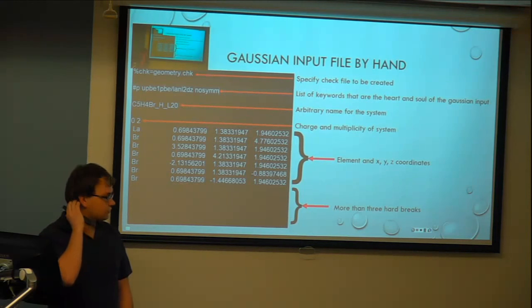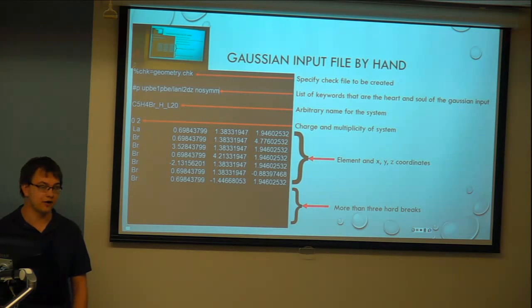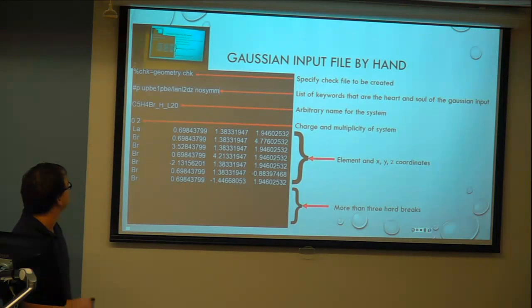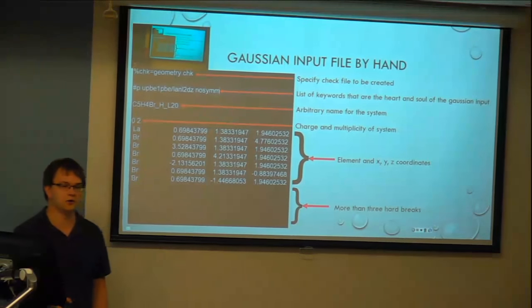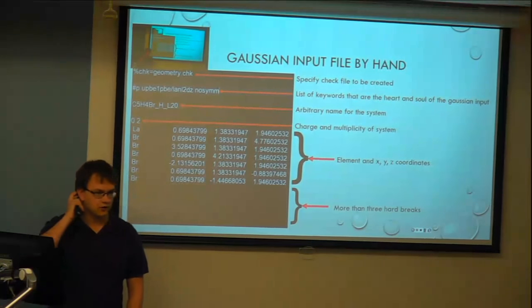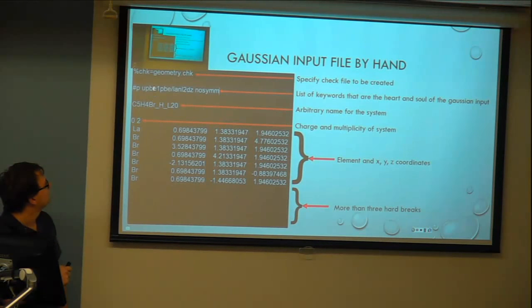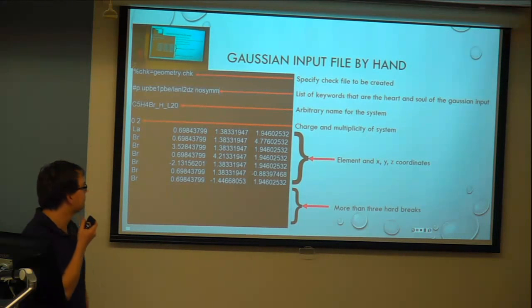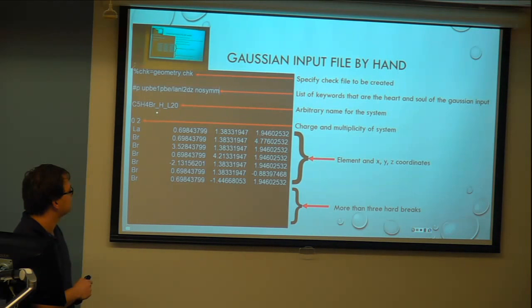So then I'm also in charge of telling you guys about how to create an input file by hand. Pretty easy. You have to specify your output, your check file. And in addition, as Alyssa said, you can also specify the number of processors and memory, depending on what system you're on. But then you have this line, which gives a list of keywords, and this P stands for increased output, so it'll just give you extra information. And so you have your methodology, optional unrestricted, basis set, and then any additional keywords you choose to have. Then just some arbitrary title, and all of these are separated